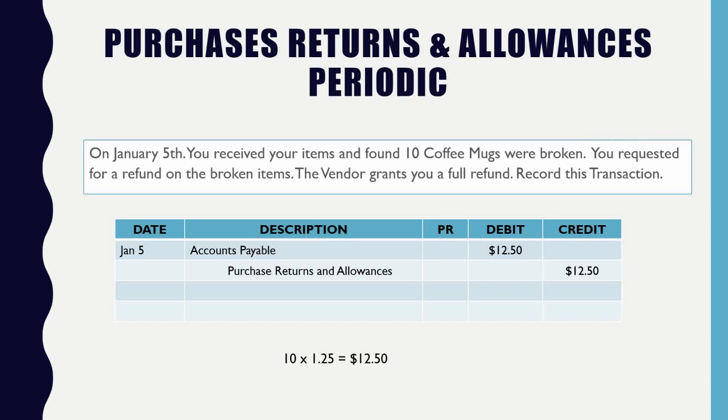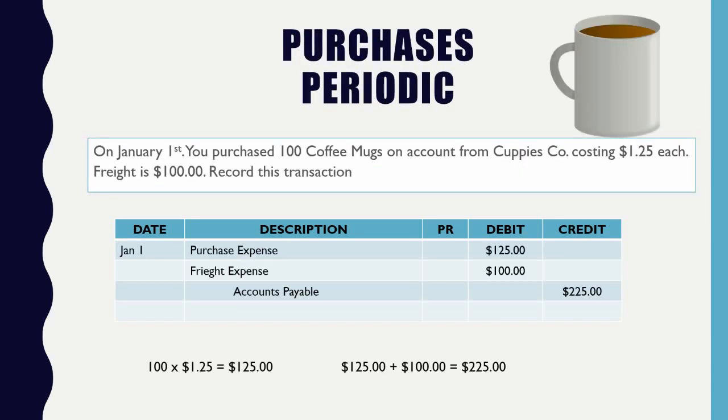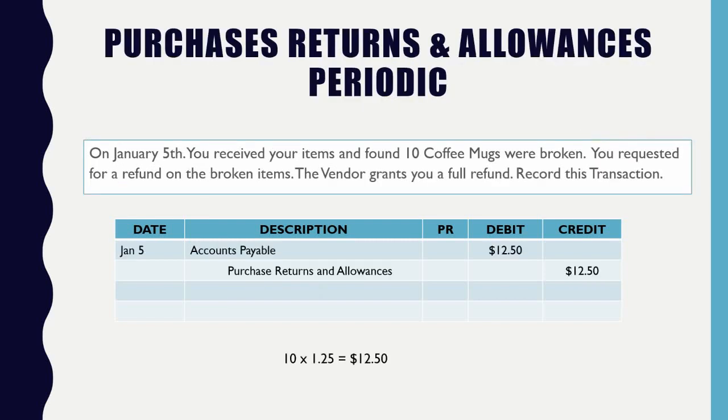So essentially, because we've made the assumption that we owe them money, and we made our purchase of items already, so we've already received it, we still owe them money. But if we're telling them to give us a refund, how do we pay them? We didn't pay them. We owe them money. But if they're essentially refunding us the money, therefore, you're going to decrease your accounts payable. You're going to decrease the amount that you owe. So that's the first assumption, you're decreasing the amount that you owe.